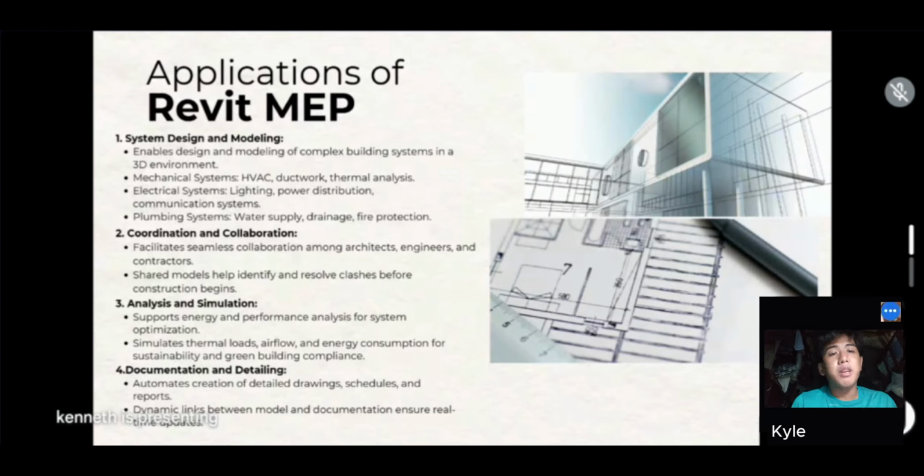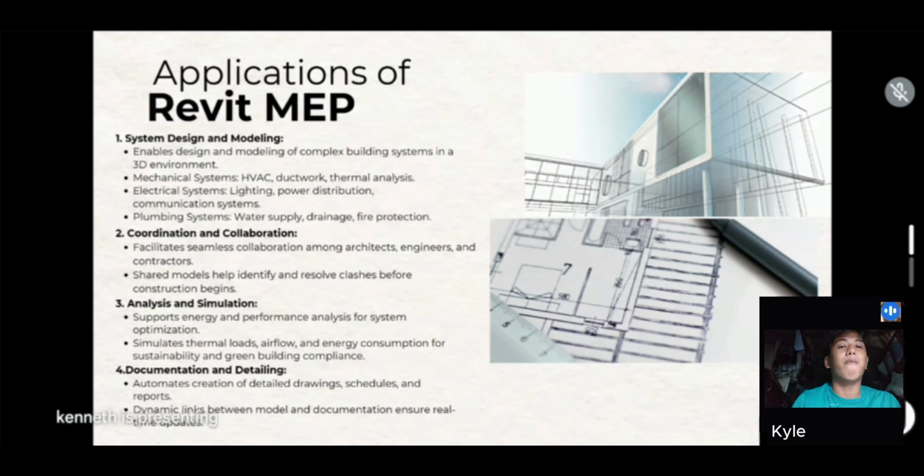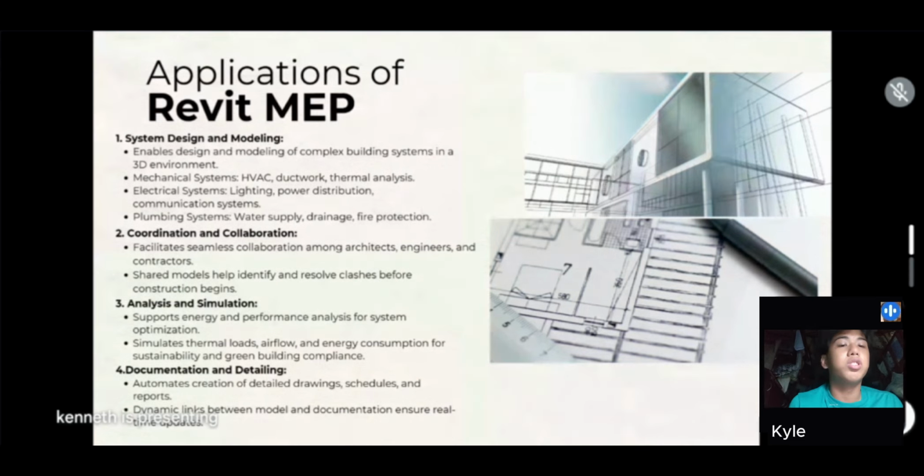The Revit MEP enables users to design and model complex building systems in a 3D environment. This includes mechanical systems, HVAC or heating, ventilation, and air conditioning systems, ductwork, and thermal analysis. Second is the electrical system, which is lighting, power, distribution, and communication systems. Lastly is the plumbing system, which is water supply, drainage, and fire protection. To put it simply, the application of Revit MEP